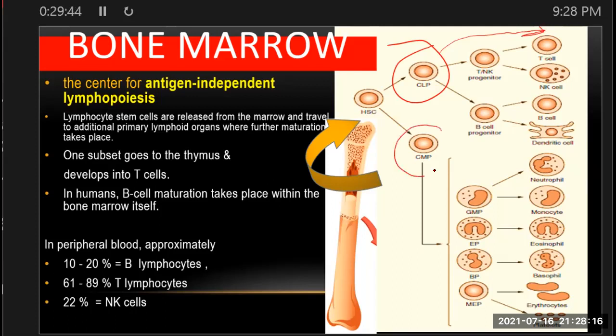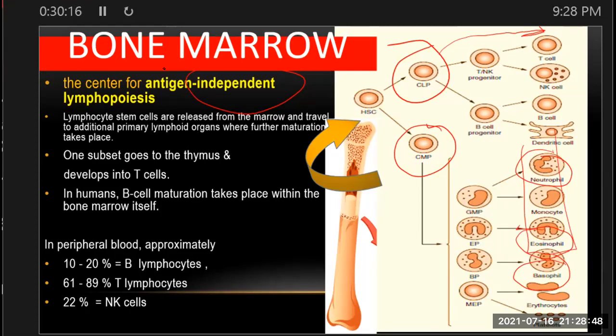So they will give rise to all cells, the T, the NK cells, B cells, and the DCs. Well, the common myeloid precursors will give rise to the granulocytes. For you to easily remember the granulocytes, we have Ben, so basophil, eosinophil, and the neutrophils. So that's it. And please remember that the bone marrow is the center for antigen-independent lymphopoiesis. So independent, regardless of the presence or absence of antigens, the bone marrow will perform